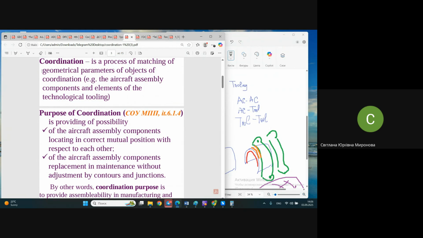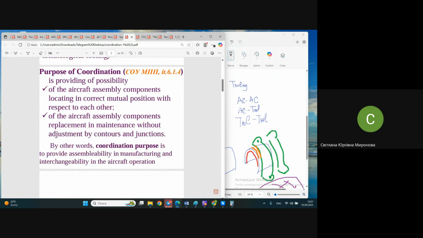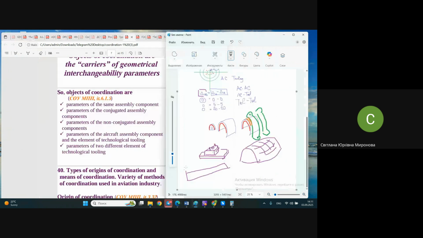Under this beautiful collocation, geometrical parameters, it's hidden mostly a story about shapes and sizes. What is all this directed for? Why do we do it at all? We do not understand what we do, but at least why we do it. As you see, the purpose is to provide, in the most simple way to explain, assemblability while manufacturing,